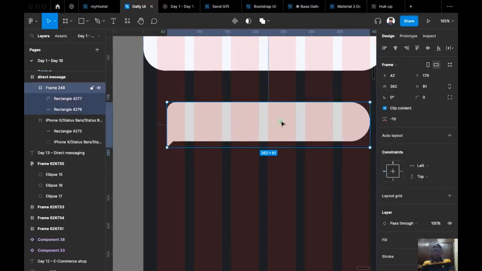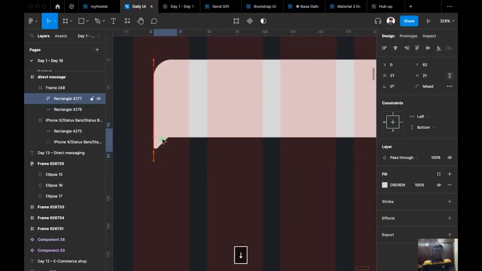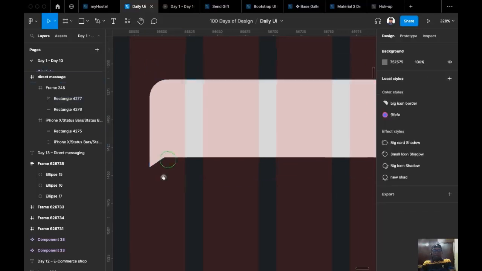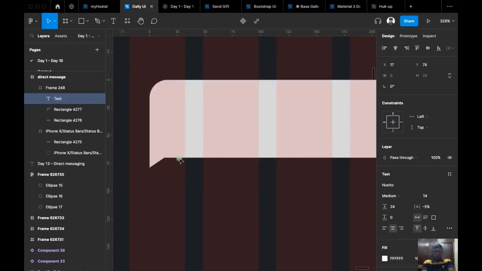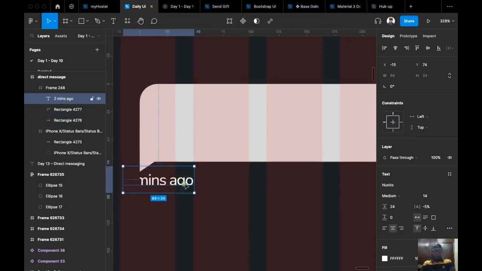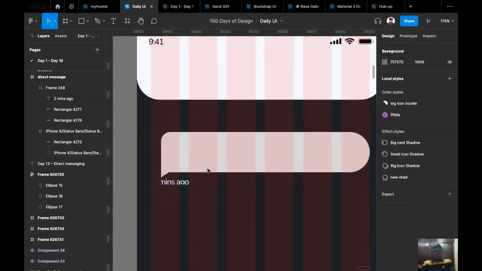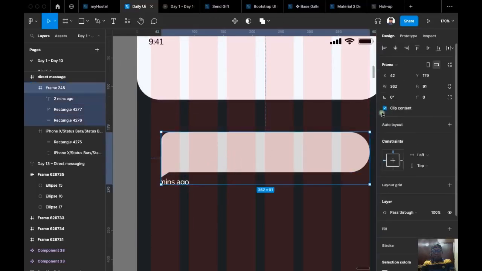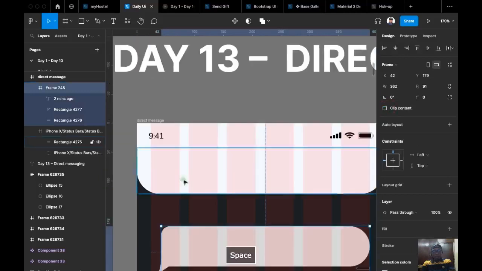So another thing I want to add to this is time. When users send a chat, they will send it at a particular time. So what I'm going to do now is add time to this. I'm going to click on text and I'll write the text here. I'll say, for example, 2 minutes ago, meaning 2 minutes ago. So part of it is cut out because I am typing inside a frame that is clipped. So I'm going to remove the clip property,